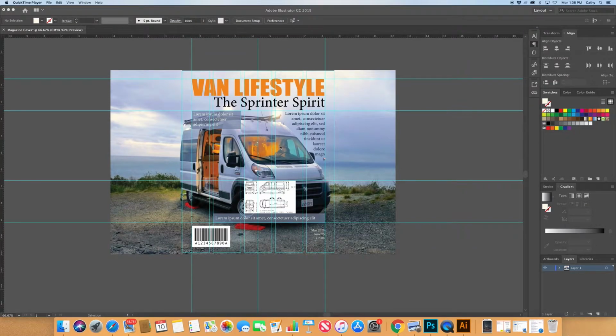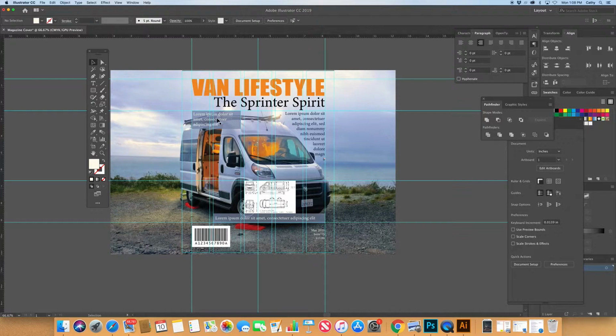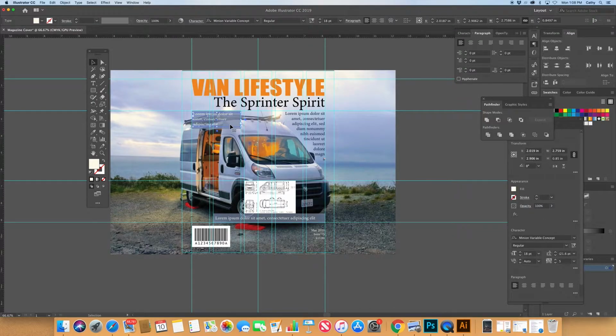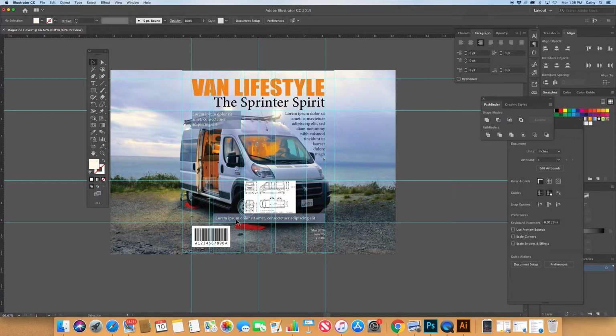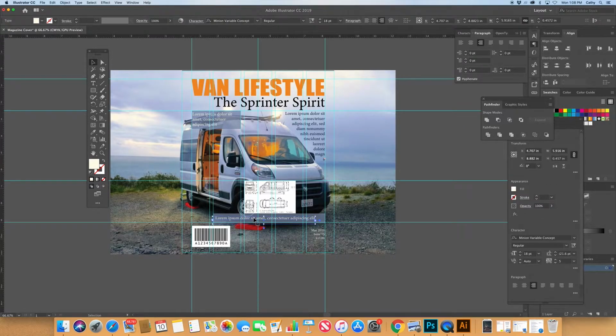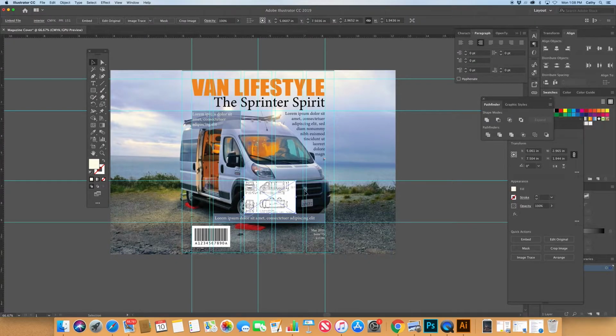Okay, so I'm adding a few other things to the screen here, kind of playing around with, if there were more text to go in here, if that was a requirement, where that text could fit and things like that. And I'm working again just with alignment and all the things that we've to date been talking about. So what I'd like to show you now is I've brought in the Sprinter camper van,